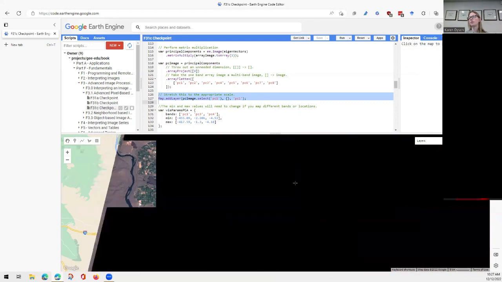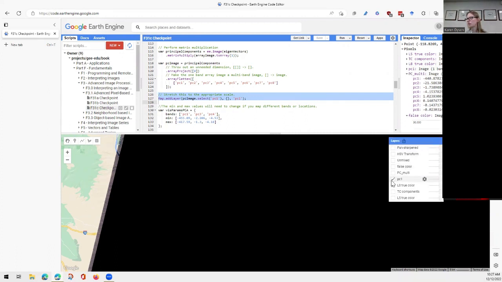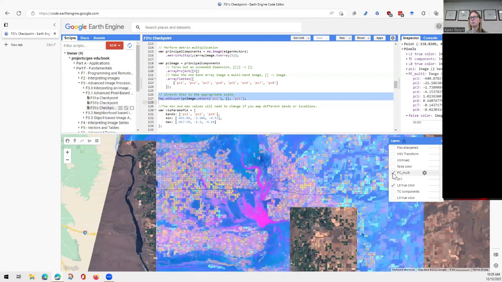One of the things that you can do is, for example, use the inspector here, and it will give you different values, and you can start to see, oh, this is what I should use as my minimum, this is what I should use as my maximum. You can do this for each band. You can also plot them. There are a couple of different approaches, but that's the one I believe we use in the text. And with the values that we come up with, we can create